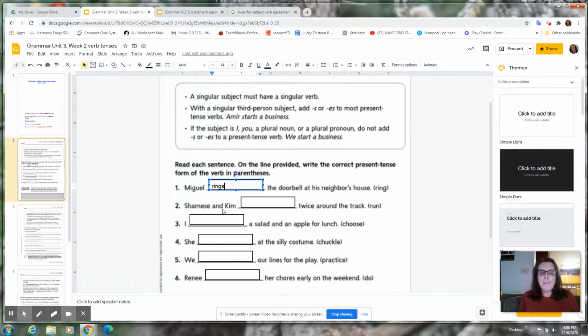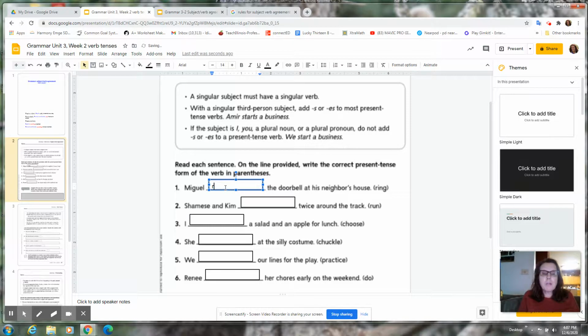Shamis and Kim is plural. So you have your blank twice around the track. So you're going to say Shamis and Kim, and you're not going to add an S, just run. Hopefully that helps you, and I gave you the first two answers, so nobody should make mistakes there. I'm going to take them away now before I actually share it with you